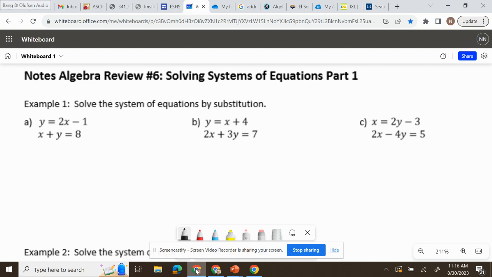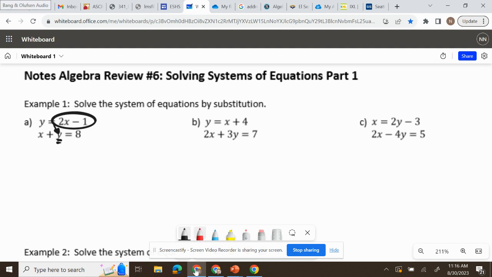We're going to solve systems of equations by substitution and elimination. Our first three examples are going to be substitution. Now, when we're solving by substitution, what we do is we see which variable is by itself, and in this case it's the y. So we take the expression that it's equal to and we plug it into the variable in the other equation. So since 2x minus 1 equals y, we replace the y in the other equation with the